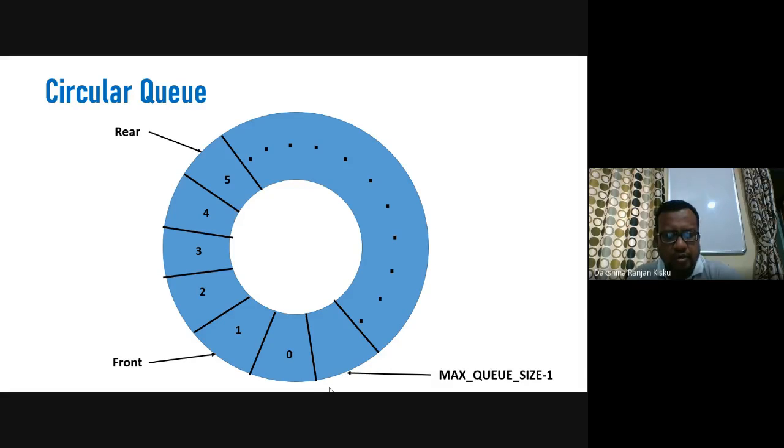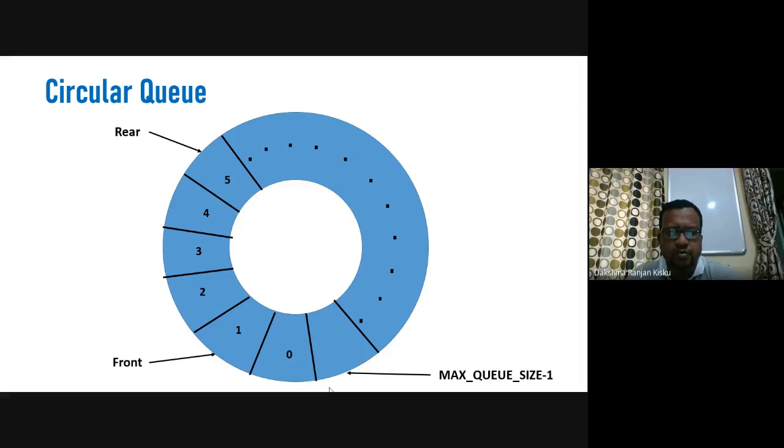So whenever some elements are deleted from the beginning of the circular queue, then some positions at the beginning will be found to be empty. Okay, so in this circular queue, when the maximum size is reached, that means if we find the last element inserted at the max q size minus 1th position, that means the last position, then the circular queue is found to be full.